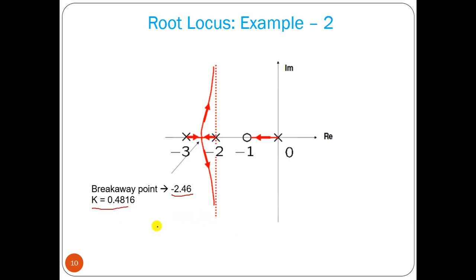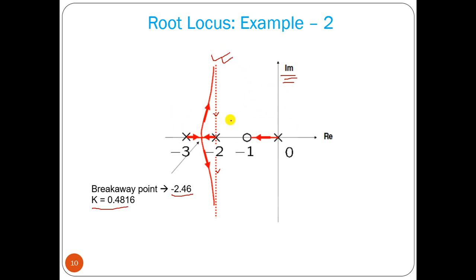And we can find the value of k. Now in this particular problem, this is the plot. That means, as these asymptotes are not intersecting the imaginary axis, your root locus can't intersect the imaginary axis. So we don't have to find the imaginary axis intersection point, because it is not going to intersect. So this is the plot, and we don't have a complex pole or zero, so we don't have to find the angle of arrival and angle of departure. So this is the root locus plot.